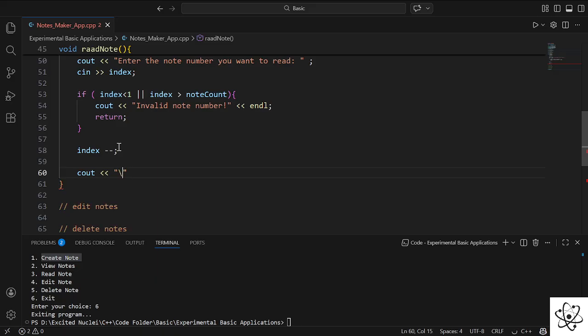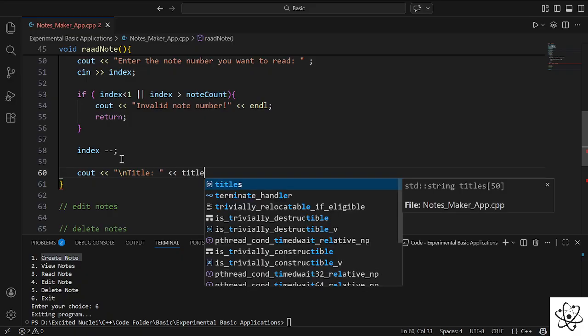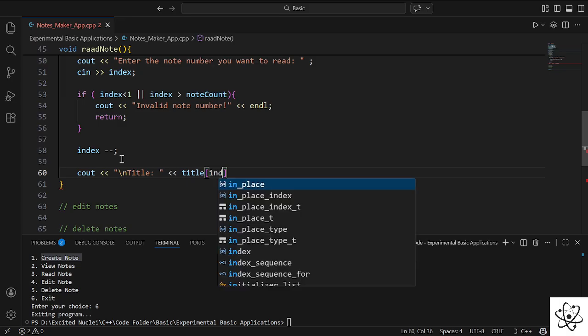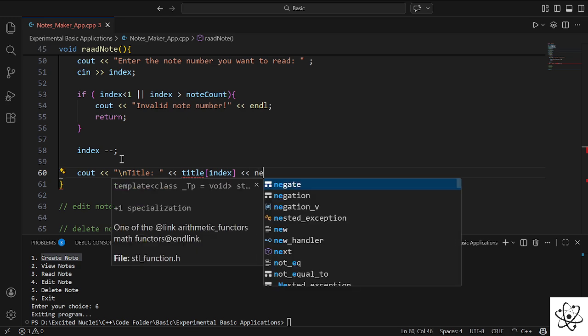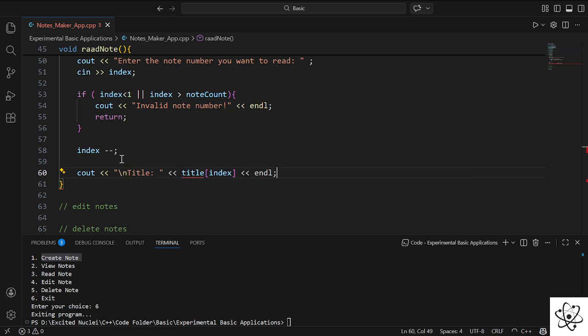Let's say I want to put it into the next line, title, and the title is going to be title, and at the end handle. And in a similar way, what we can do,